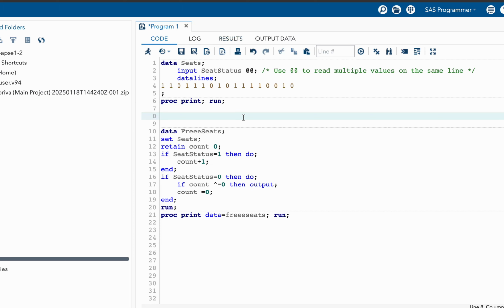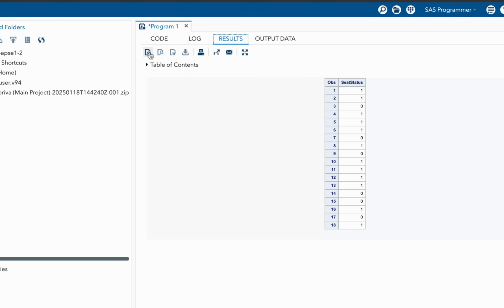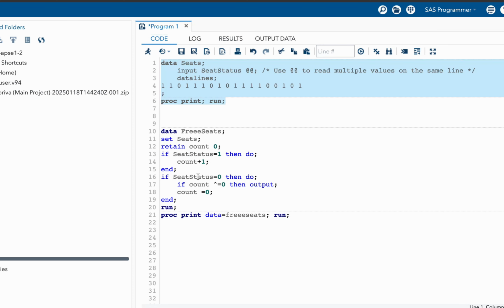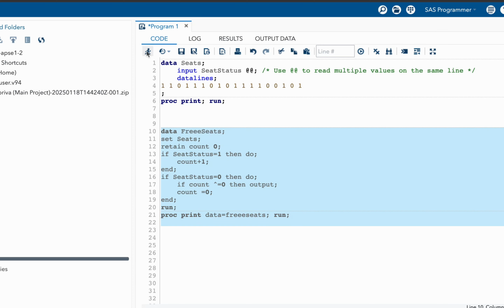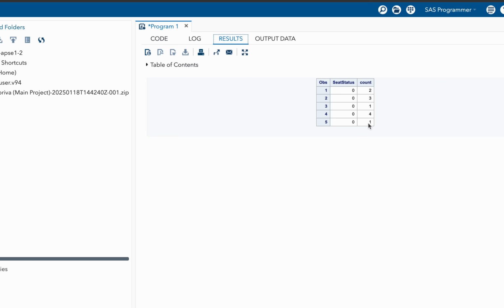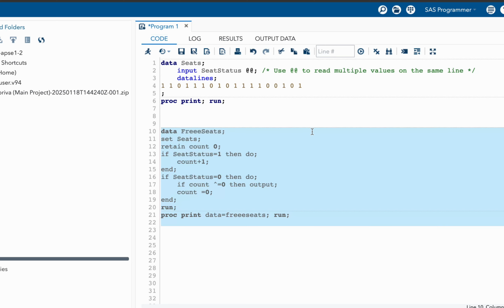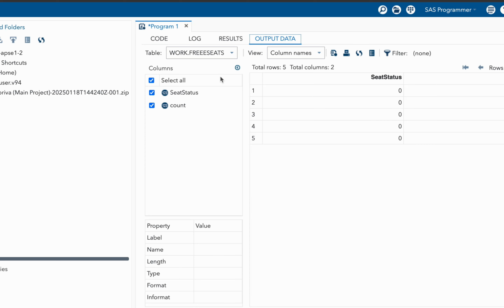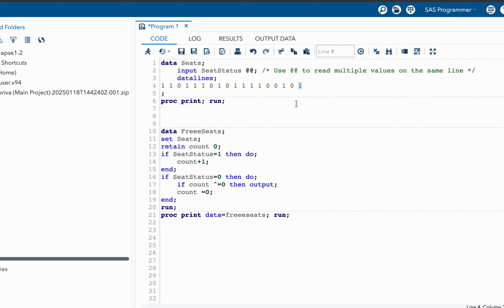So also we have skipped one condition in this code. Suppose we have 1 in the end. So let's run this code. So we have now a new dataset and we have 1 at the end. And let's try to run this code now. If you can see, we should get one more value here, which is 1. The reason is because we have one more seat, so it is not reflecting in our dataset. The reason is because we are only counting all the ones before 0. But for this number, we don't have any 0 after this.